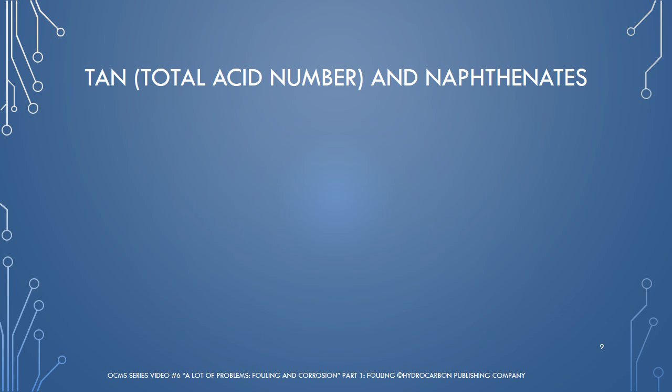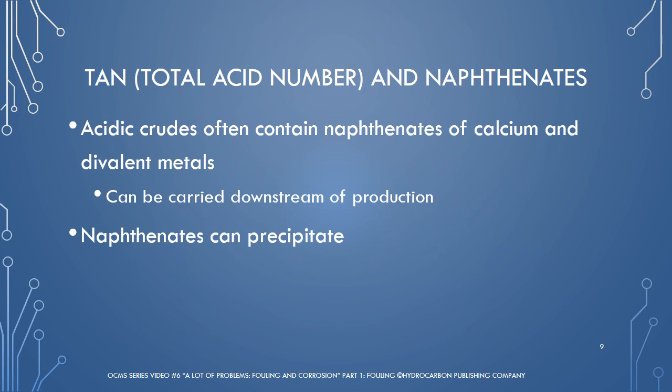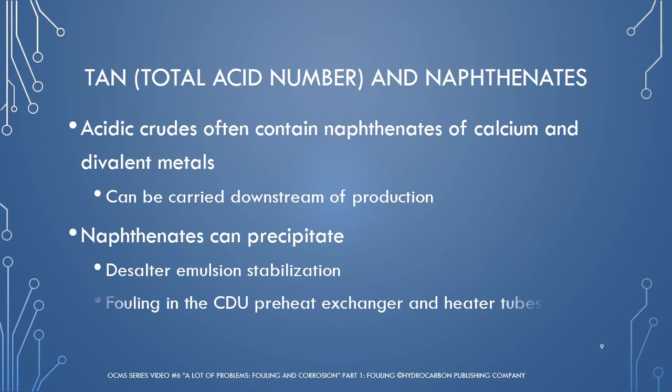Acidic crudes often contain calcium and other divalent metals in the form of naphthenates, which originate from the production water under conditions of alkaline pH. These naphthenates are soluble in organic media and thus can be carried downstream of production. In the refinery, they can precipitate, causing fouling issues such as desalter emulsion stabilization and fouling in the CDU preheat